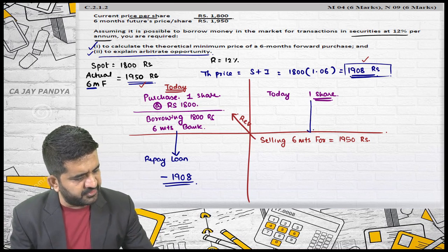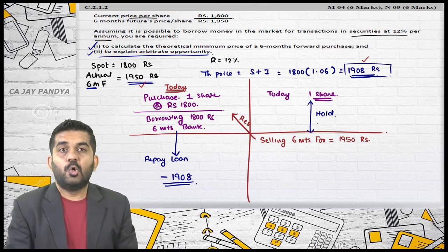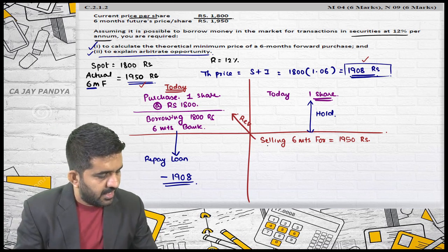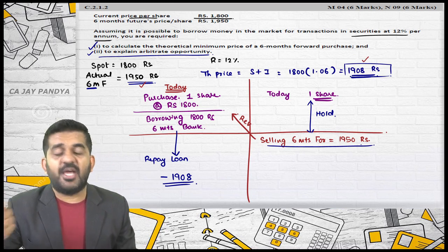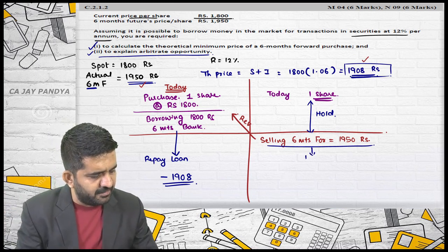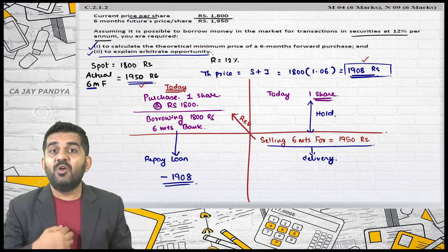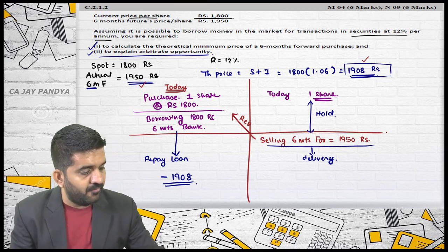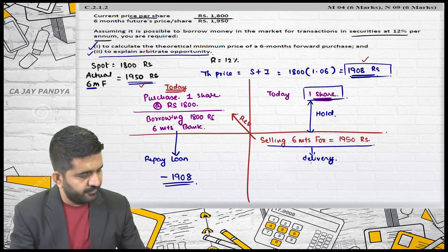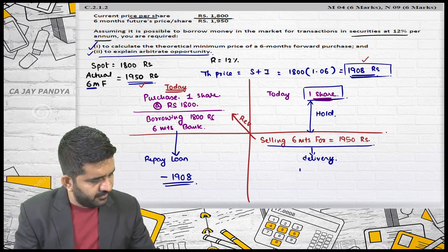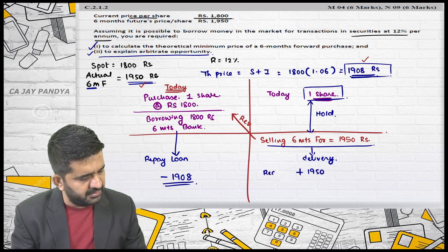I'll keep it for 6 months. Hold it for 6 months. I have already sold the forward. So I sell this share in forward. Settlement is done by delivery. I will have to give one share, and I am already having that to give. How much money will I be receiving? I will be receiving 1950 rupees